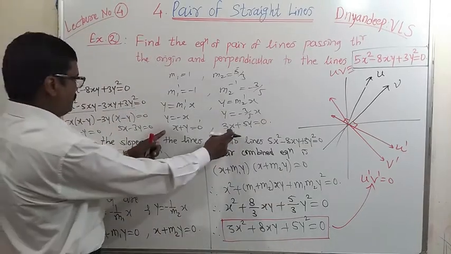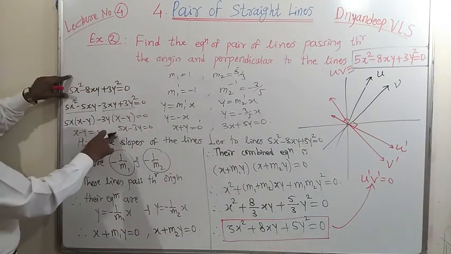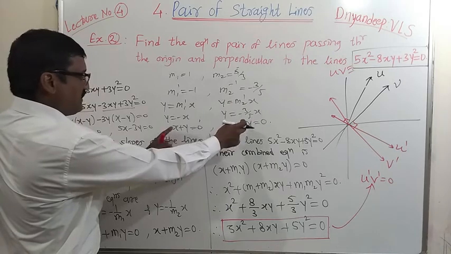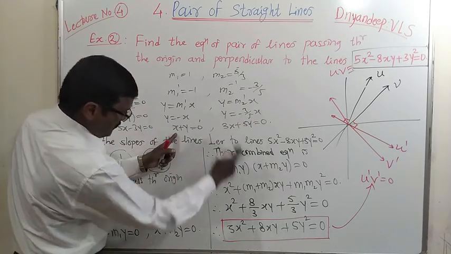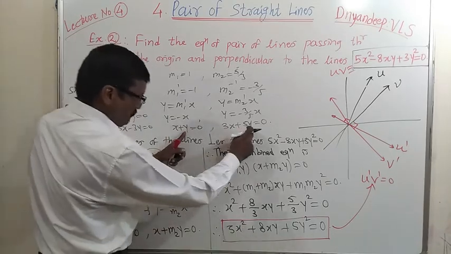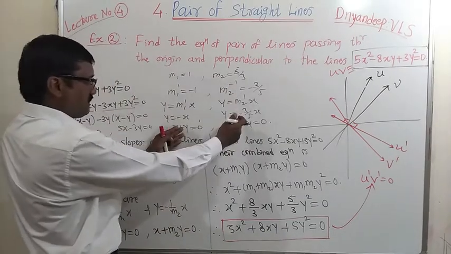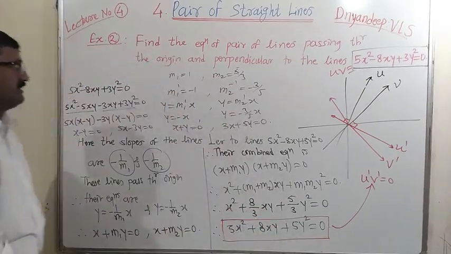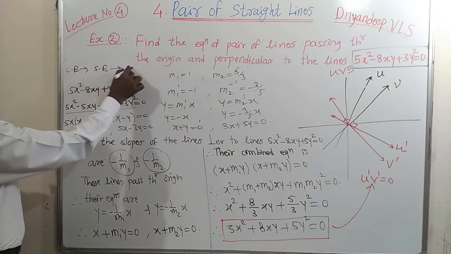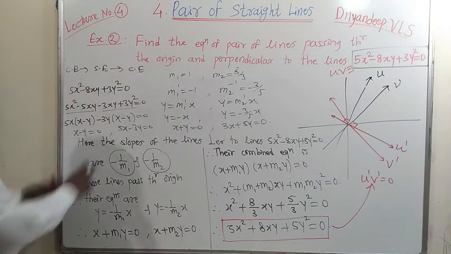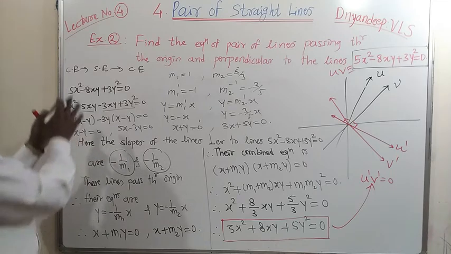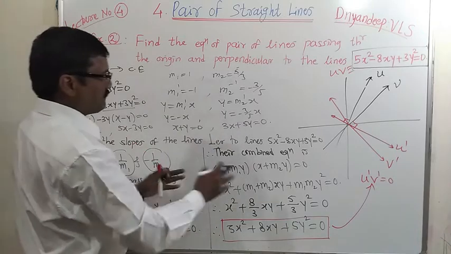Take the multiplication of these two lines. Here the combined equation is given. We have separated these two lines. From these two lines we have found the equations of two perpendicular lines. Again we get separated lines. Take the multiplication of these two. 3x into x is 3x square. This is 5xy plus 3xy is 8xy, and y into 5y is 5y square. Then again from that separate equations find their combined equation. It is like combined equation to separate equations and again combined equation. This method includes two steps of separating equations and again finding the combined equation.